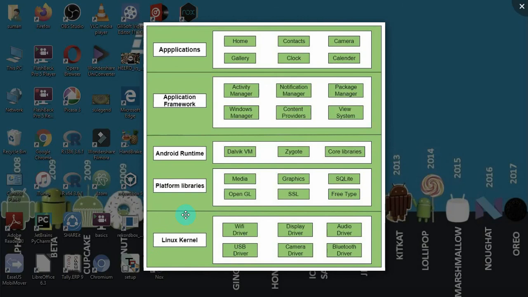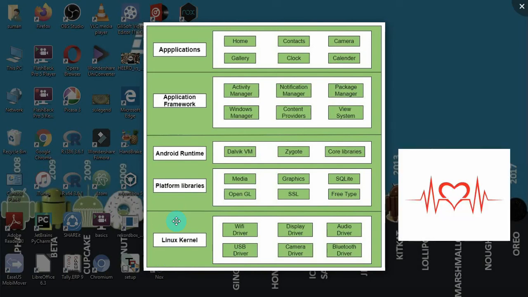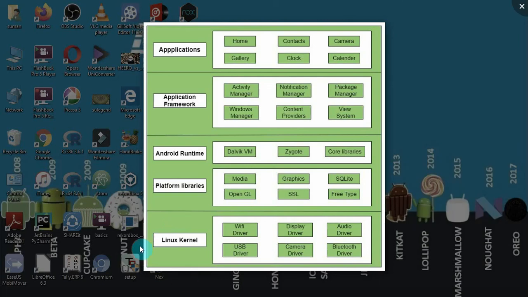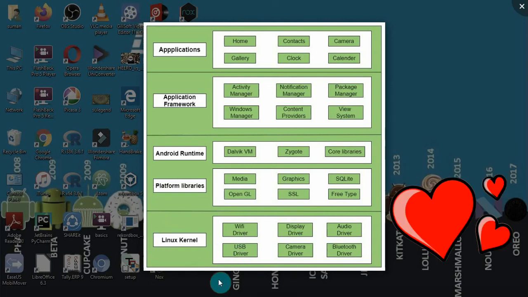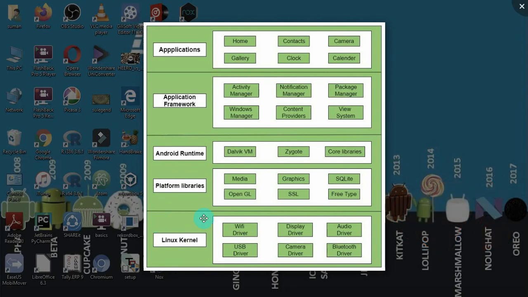Now the last layer, which is very important, the Linux kernel. Just like if you have a girlfriend and you say she's my heartbeat, in the same way the Linux kernel is the heart of the Android architecture. They might ask you during the interview, what is the Linux kernel, why do we use it?